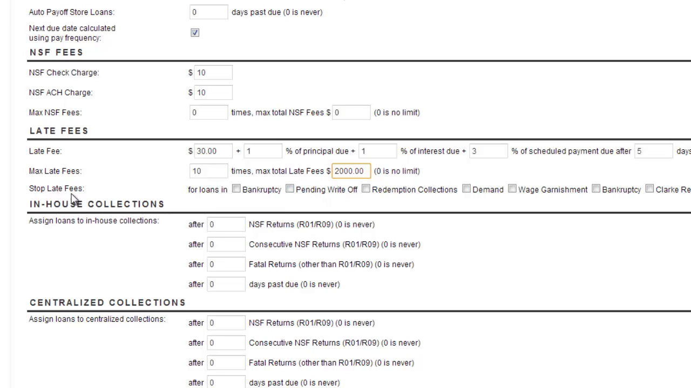The last heading of the late fees section is stop late fees. On your software, you probably only have bankruptcy and pending write-off. Those two come with the software. These other 4 that I'm working with here in this tutorial, those are custom made for certain regions or certain stores. So you probably are only learning with bankruptcy or pending write-off. But when you select these options, it'll stop giving late fees to customers who apply under bankruptcy or under pending